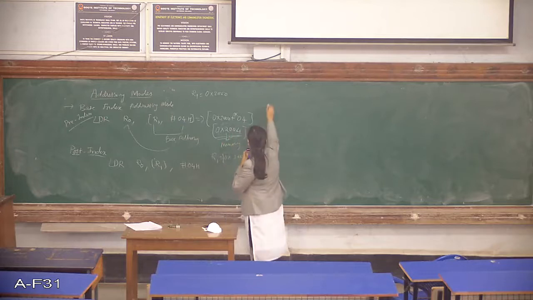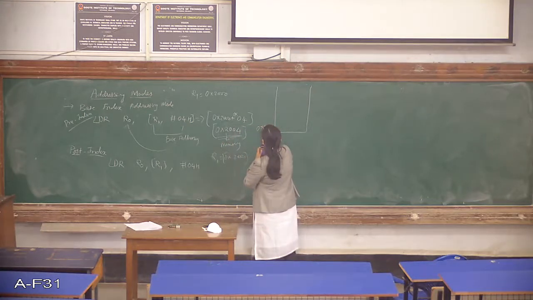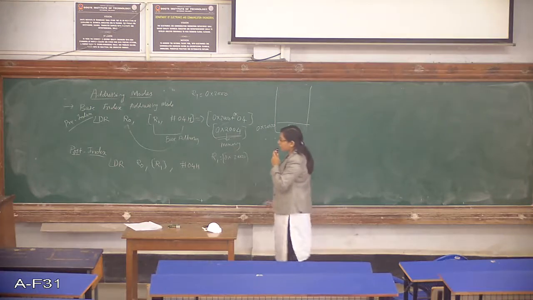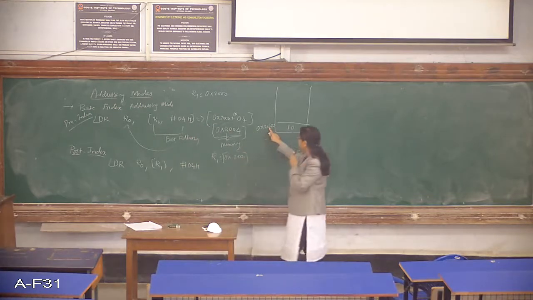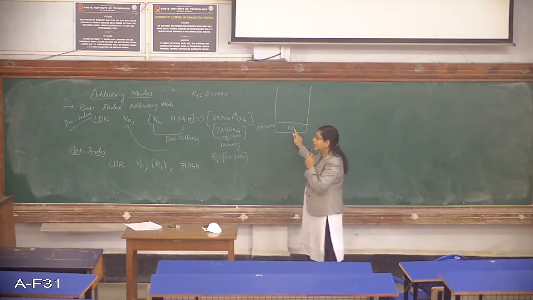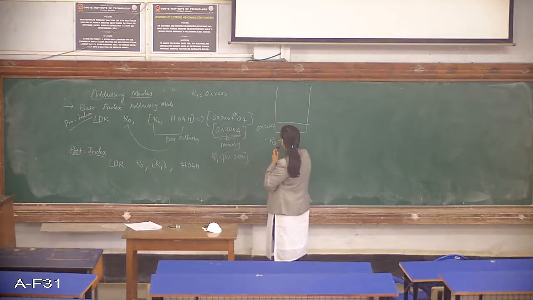For example, if this is the memory, the first location, if we take it as 0x2000, suppose I have data as 10. So what is happening in a post-index here is, R1 is 2000, and from this memory location, that is 2000, the data is 10. This data will be loaded in register R0. So now the value in the R0 register is 10.